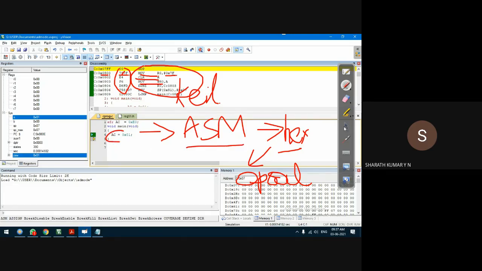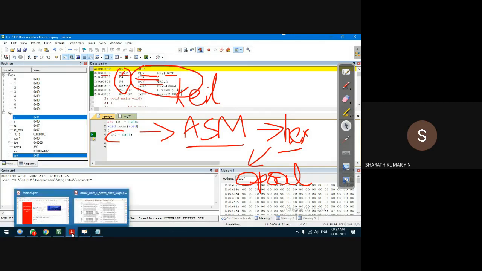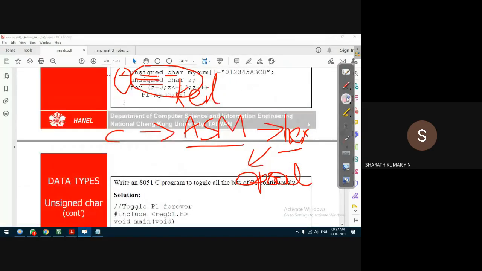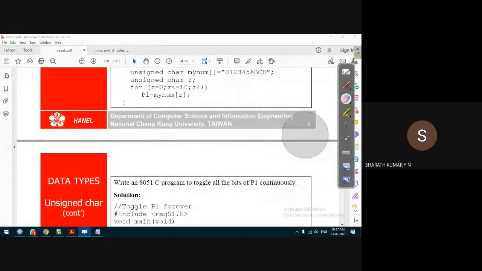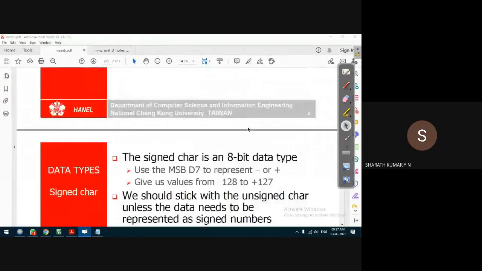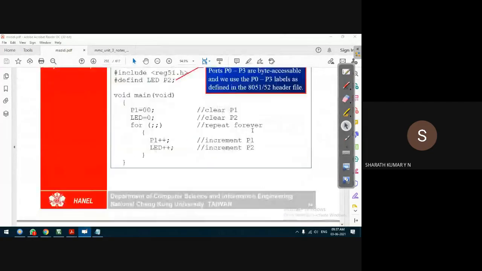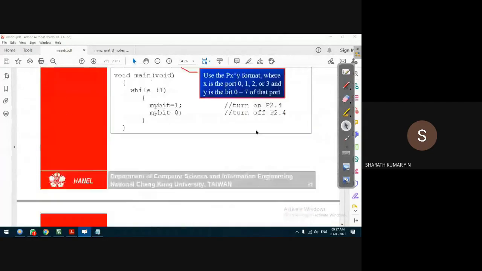Because in the last class we understood how the compiler treats the C program. Let me jump to that point again. How does the compiler treat the internal RAM memory?